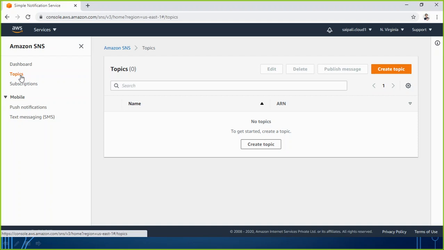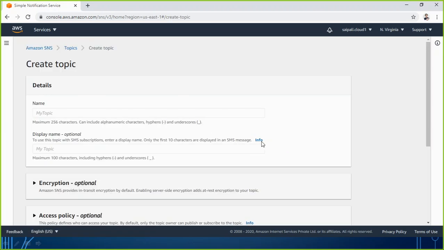Generally, if you have any service that requires notification, one topic is created automatically, as we saw before when creating alarms. So let us create a new topic. Click on create topic.